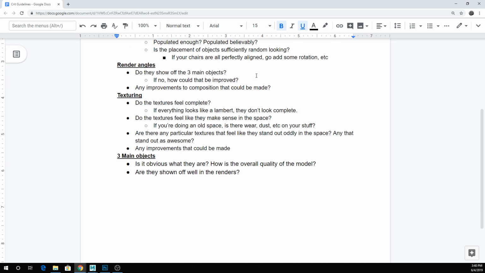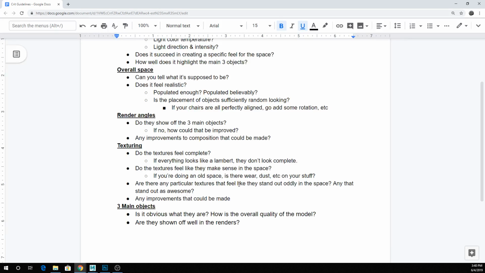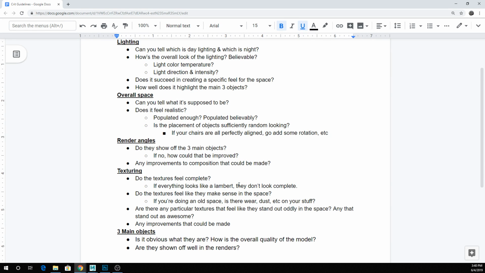And then I feel like the texturing in the three main objects are kind of more of the same, basically just how complete does the texturing feel? Is there anything that stands out as being really awesome looking, like wow, you have this one really kick-ass texture that looks great, or is there a texture that is a little bit lacking and stands out because it doesn't fit in with the other good texturing in the scene? So that's the stuff that I look at when I grade,